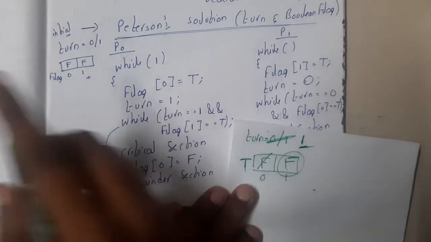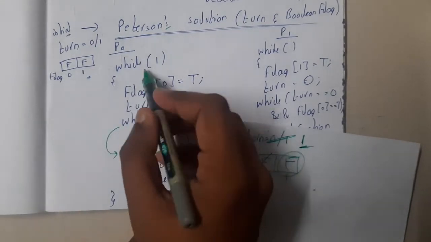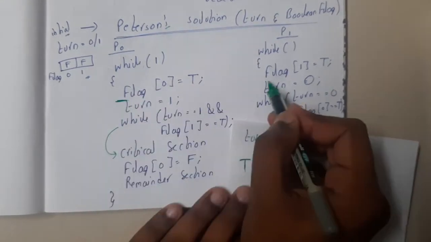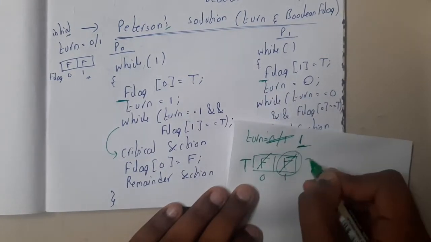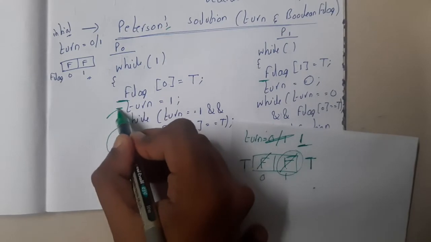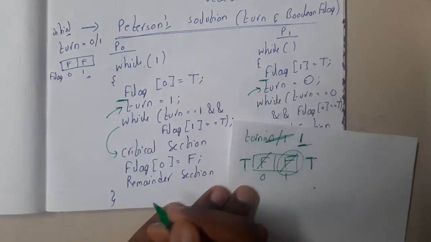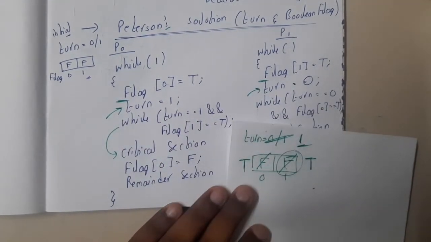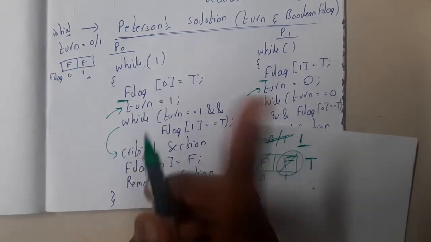But let us take the deadlock case, guys, where both of them are true. Assume that I executed till here and the other executed till here. At this time, both flags are true now, right? Yes. But here we have one more variable, turn. So now this turn is there in between. So what shall we do? Let us make turn equal to 1 first.